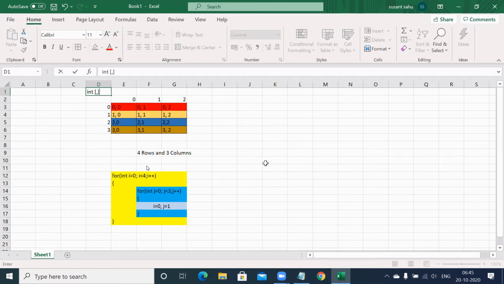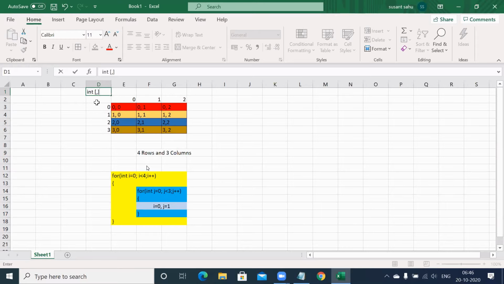If it is decimal, decimal. But inside that square bracket, you have to put a comma. Previously in single dimension, you remember we don't put any comma, just square bracket equal to new integer of some element. But this time, this comma indicates there are two dimensions.